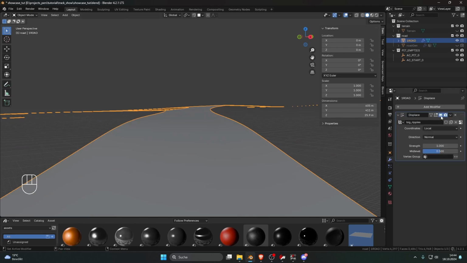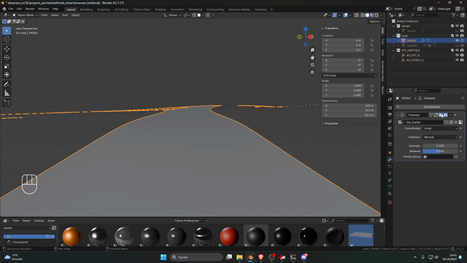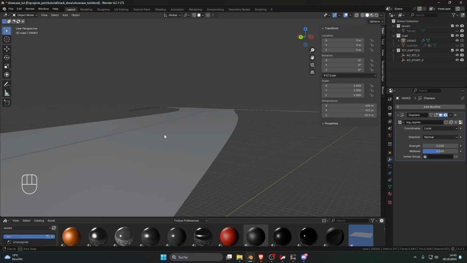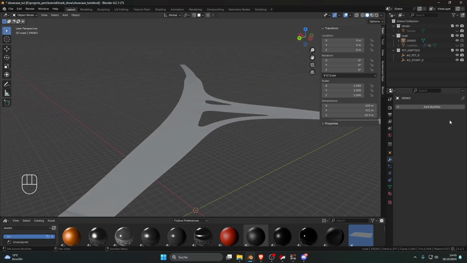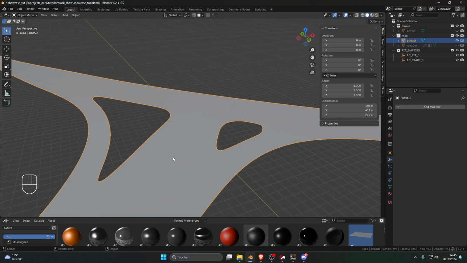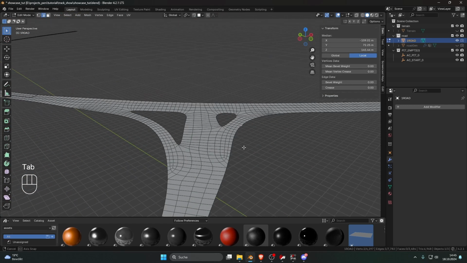And if we toggle this, you can see that there are some bumps in there. Maybe 80 is even too little. Let's go with 120. Good. Now the strength, go to 0.1. So we have a subtle up and down going on. Now to get the actual road, because this one is just what we are seeing,